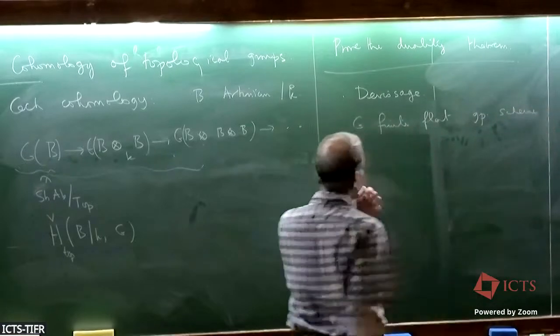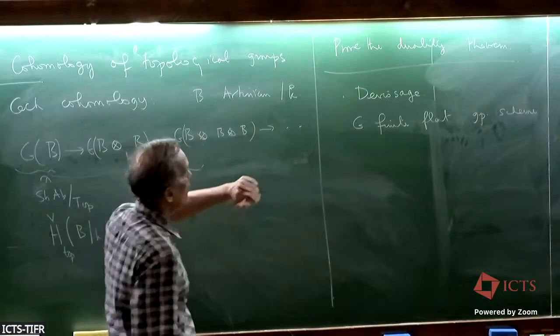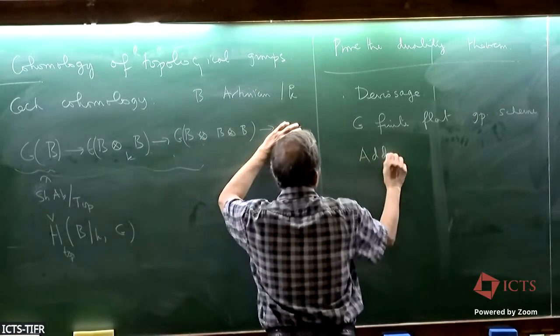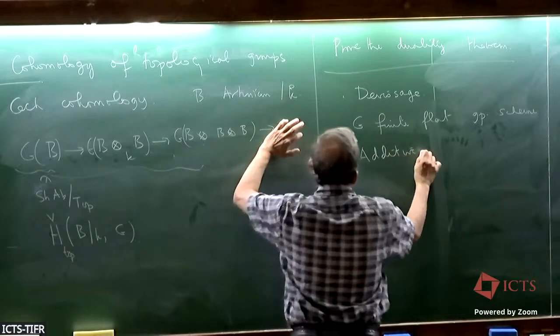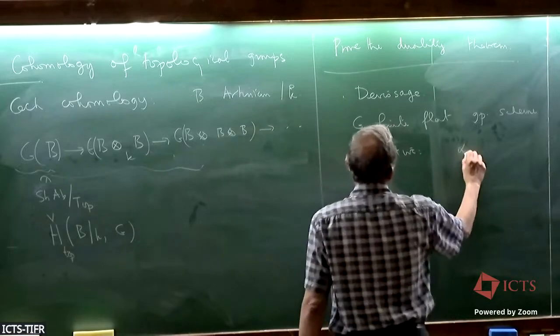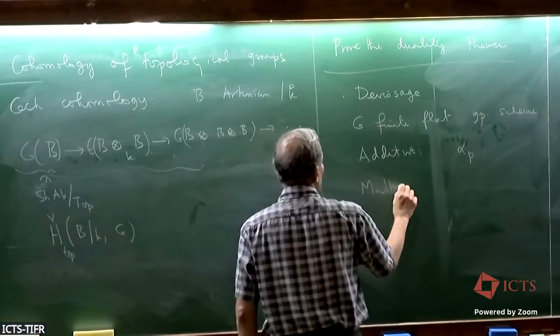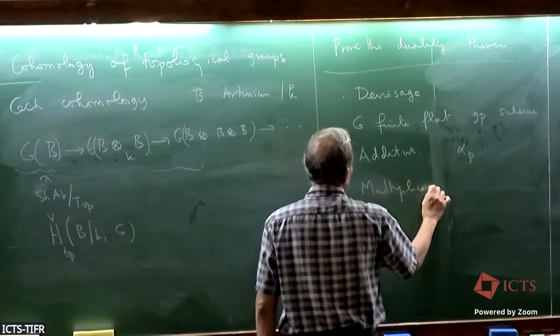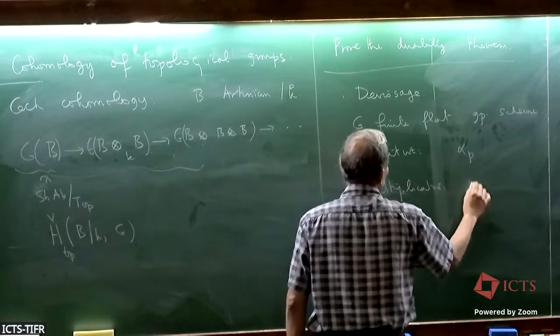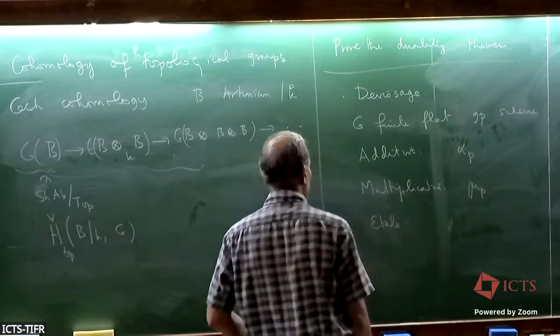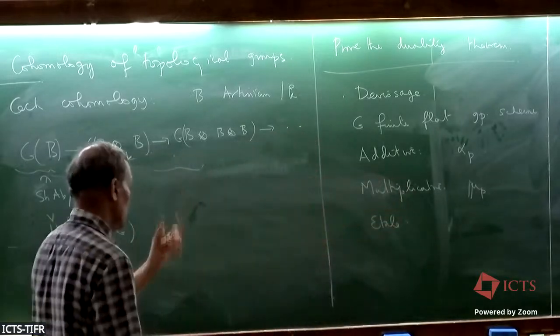So there are basically three categories which you have: additive, which is like alpha p and all; then you have the multiplicative, which is like mu p; and then there is étale, which is when you are working with the G_K module,